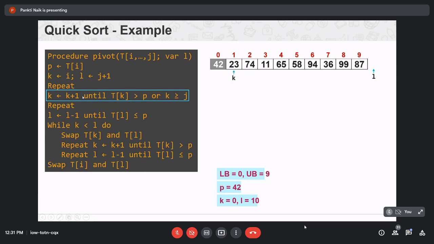So here T of K is 42, which is greater than pivot 42? No. Or K greater or equal to J? K is equal to 0.